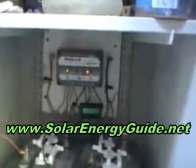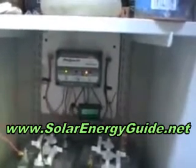With every solar panel you're going to need batteries. Batteries are the heart and soul of any solar system. It's the only way that mankind knows how to store electrical energy. Now, in the back is a ProStar 30 power controller. That will make it so that your battery will never be overcharged or undercharged. It keeps it charged at the right area. Right now, the yellow light indicates that the battery is about half full. The green light indicates